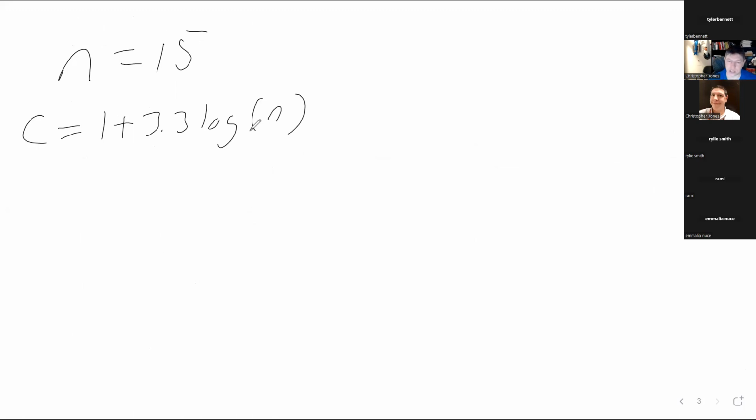And so in this case, we know that n is 15. So we get C is 1 plus 3.3 log of 15. And that's where you throw that into your calculator. If a few of you would be so kind as to throw that in your calculator and let me know in the chat to 3 decimal places what you get, I'm going to do the same thing just to make sure we're all okay with this. So log 15, and then